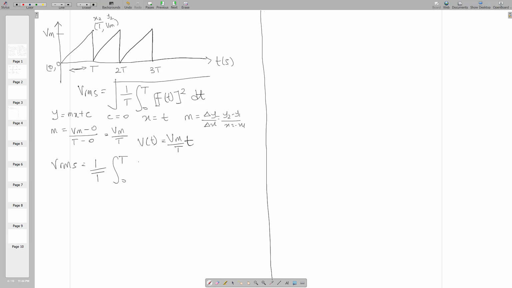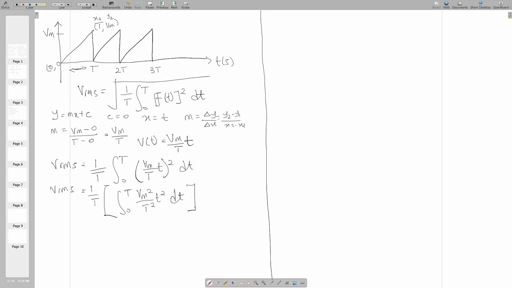And then our function here is Vm all over this period times t, all squared, dt. Then our VRMS equal to 1 over T, integrating from 0 to T. Squaring this function, we will get Vm squared all over T squared times t squared